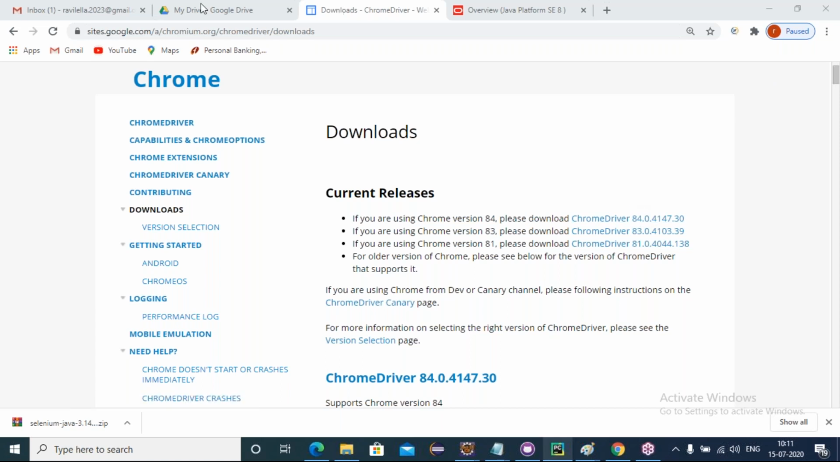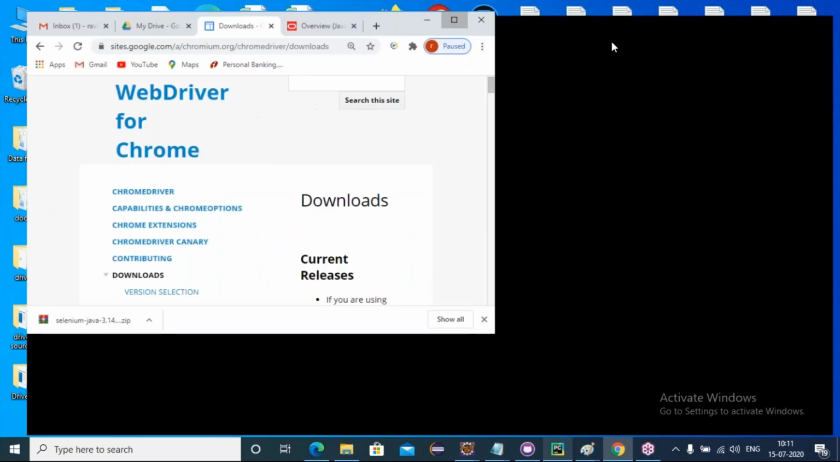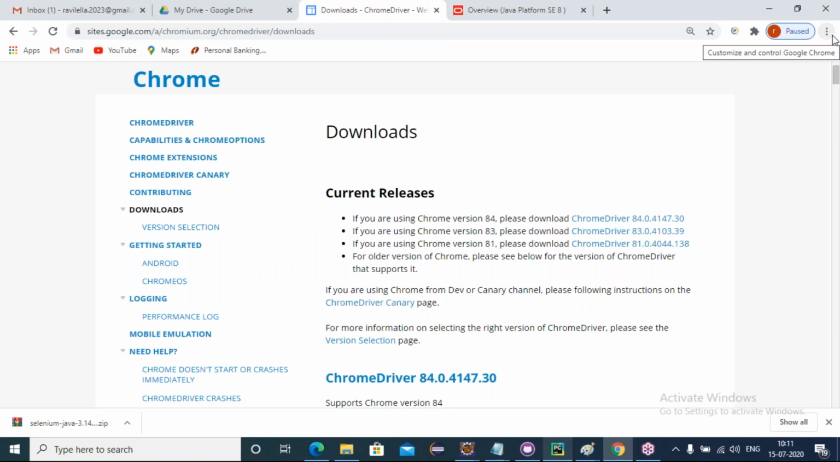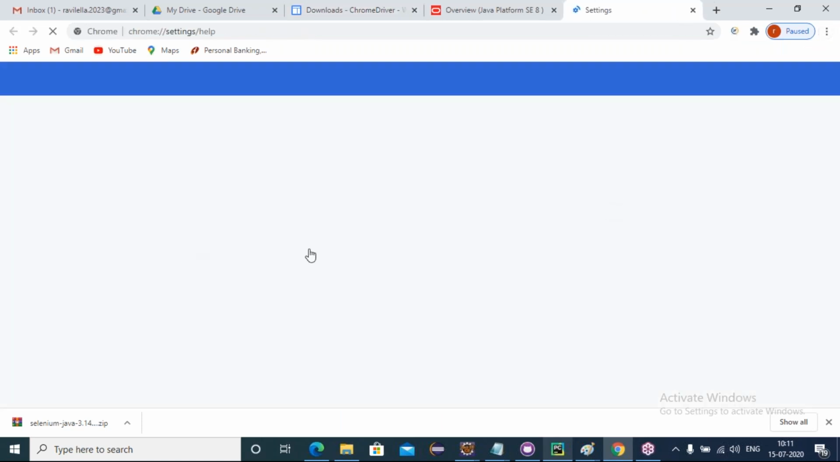How can I check? See friends, this is my Chrome browser. I want to check what version of Chrome I'm using now. We have to check that. Once you check the version of Chrome, accordingly I need to download the Chrome supported driver exe files. How to check? In the top right corner of Chrome, there are three dots vertically. Just click on that, go to Help below, and click on About Google Chrome. So here we can find